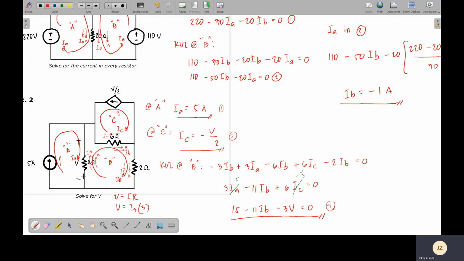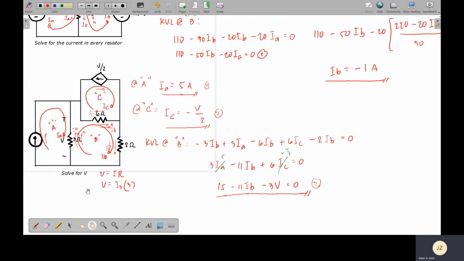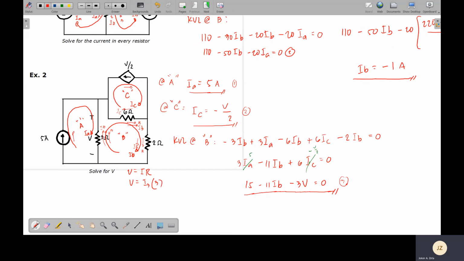Now, question, what is the current on the 3 ohm resistor? As you can see here, there are 2 currents flowing along it. You have IA and IB. Okay? So, since we have IA and IB, how are we going to do this, sir? We cannot add them up. So, we have to subtract because they are opposing in direction. Again, it doesn't matter if your direction assumption will be wrong because you will just come up with a negative value, but the numerical value will remain the same. So for this one, let's just have I3 will be equal to IA